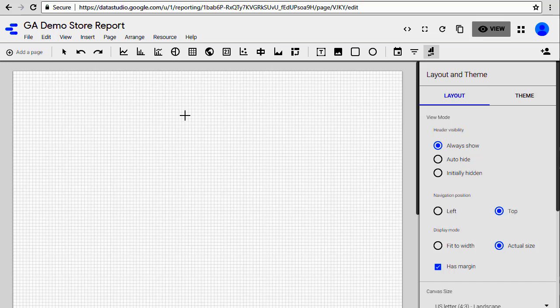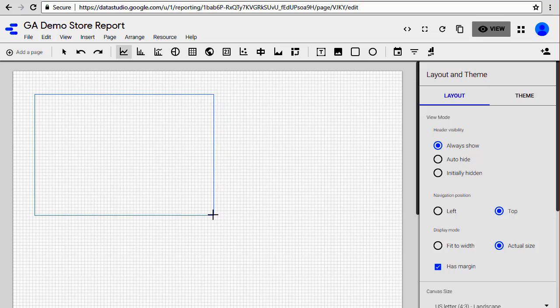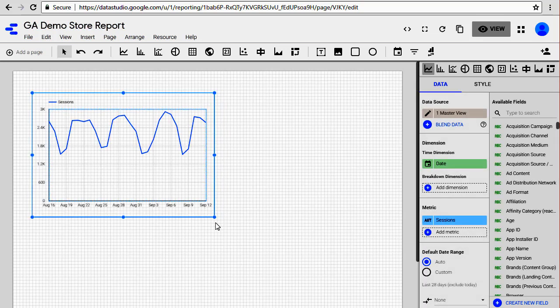For this example, for our first chart, we will use time series to show how visits are trending over time. So this is your time series. First, click on the chart that you want to use. Once you click on it with your mouse, then go over to the area in your reporting interface where you want to place this and click on the spot where you want to start drawing this. And while keeping the mouse down, drag and draw the area where you want this chart to appear. So let's go halfway through right here and drop it. And now here is a time series chart of all the sessions, how sessions are trending over a period of